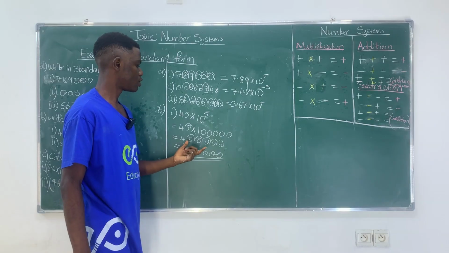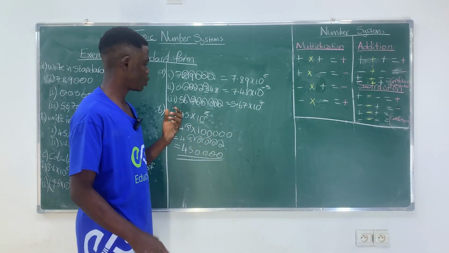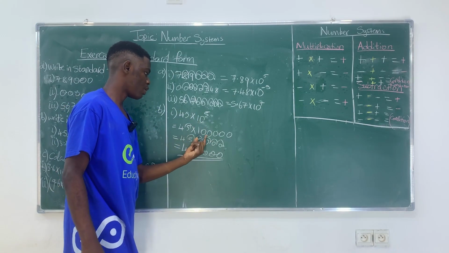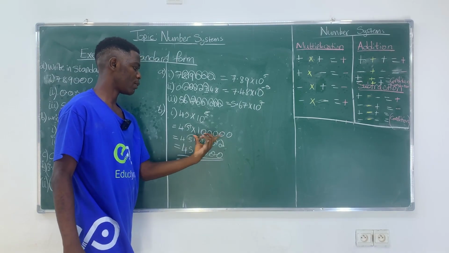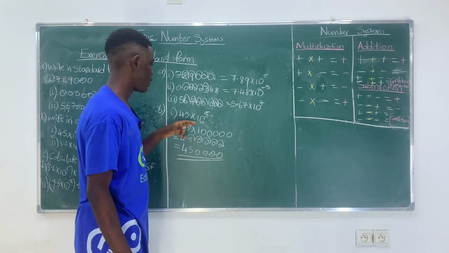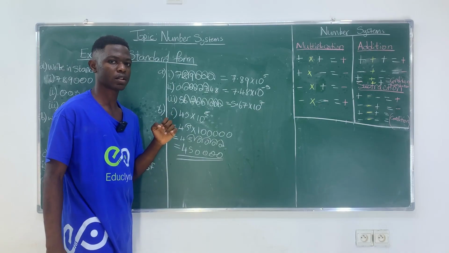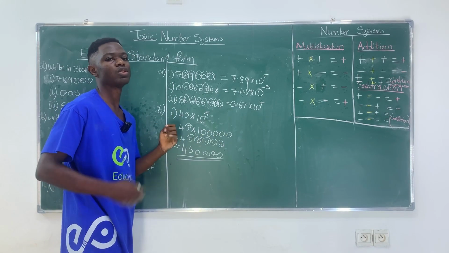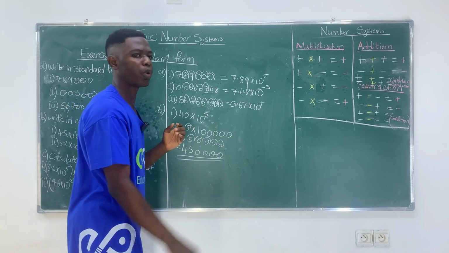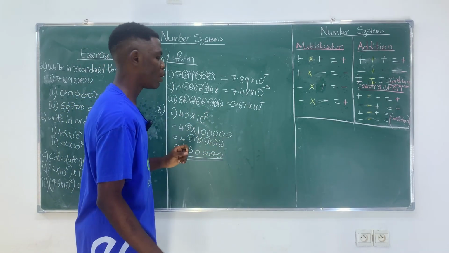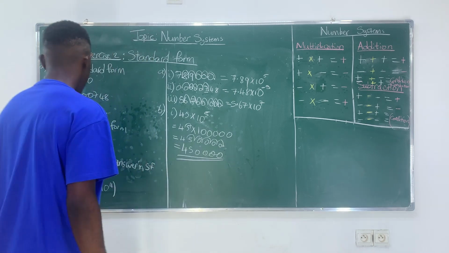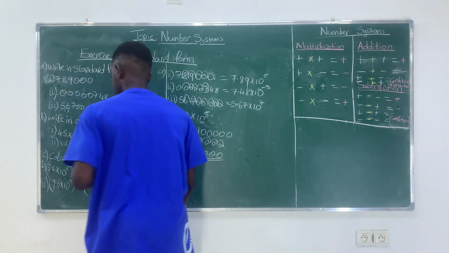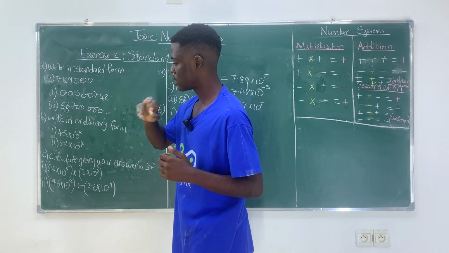So to convert this to its initial form, you just have to know how to put this 10 to the power 5 into its normal form like this and multiply it with a decimal. So that is it. The next exercise is Roman 2.